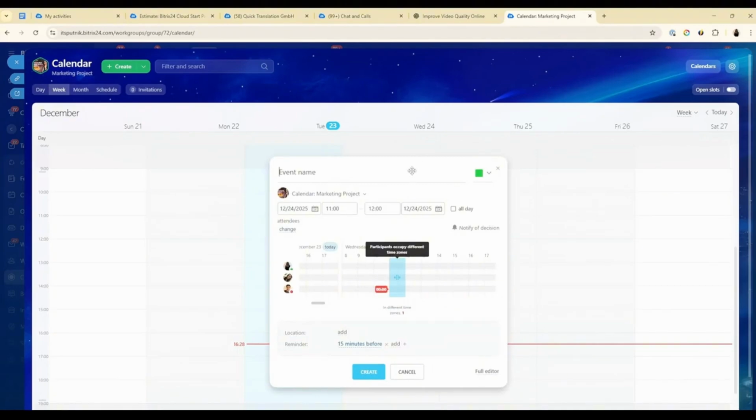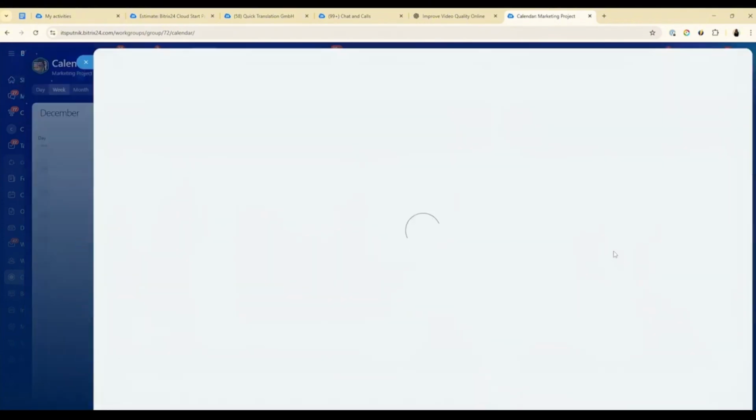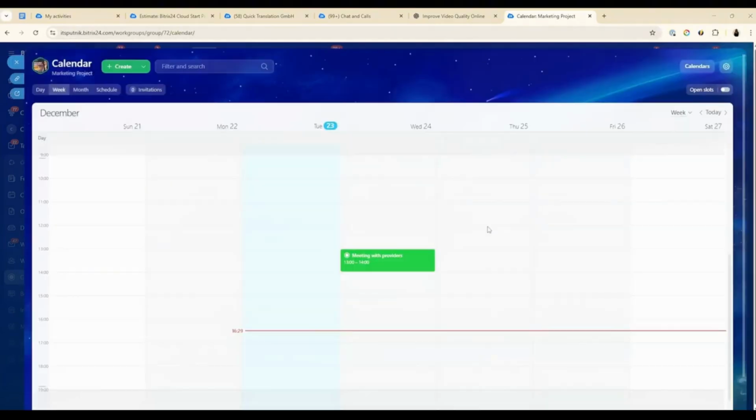I can create a quick event by clicking right on the calendar, or I can click the green create button on top and just go to the full-on editor to create an event. And this calendar will be available for everyone, so anybody can create an event, and their fellow guests inside the collab and employees are going to be able to view that as well in that same calendar. Okay, awesome. So you can create a task directly from here if you'd like as well,